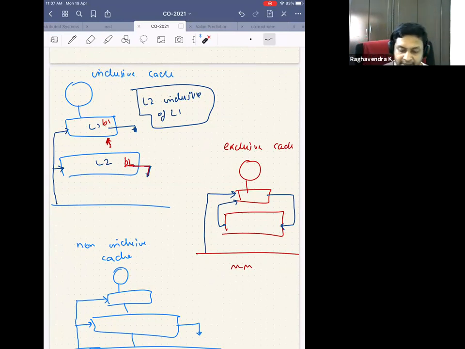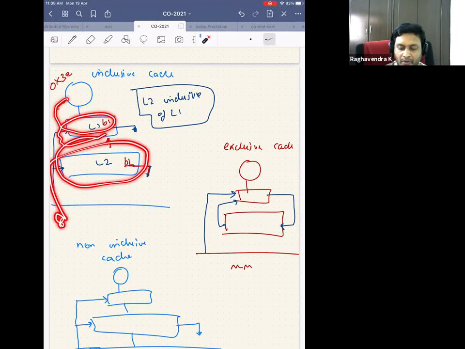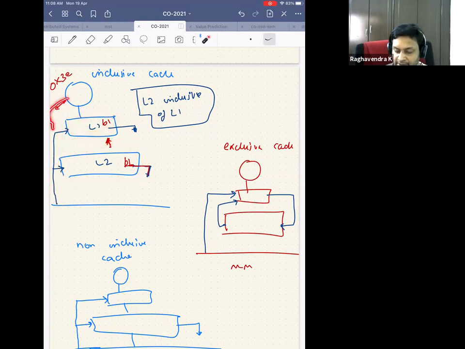let's say the CPU generated a 0x3 block address. Now I'm talking about a block address. The way it happens is that you go to the main memory. Of course, we add more and more components as we go ahead in the course. So we go to the main memory, we fetch the block 0x3, and now the question is, do I directly place it in L1? Of course, when the CPU generates 0x3, you would have searched in L1, it is a miss. Then you would have searched in L2, it's a miss, and only then would you have gone to the main memory. Since it's not there in any of the caches, you brought it from the main memory, and now the question is, do I keep it only in L1 or do I keep it in both the places?